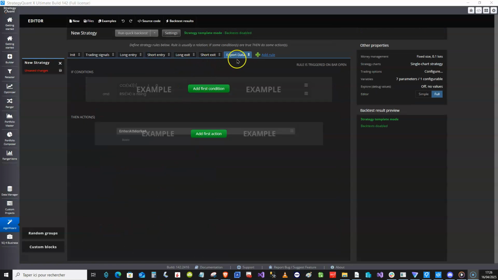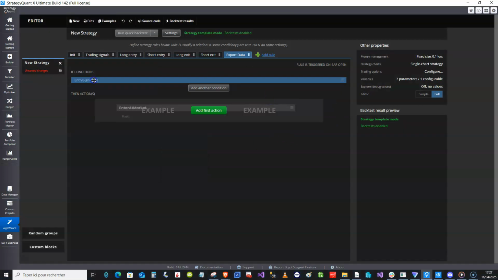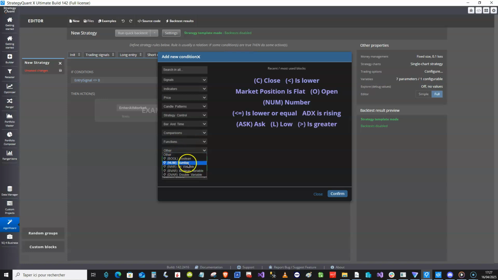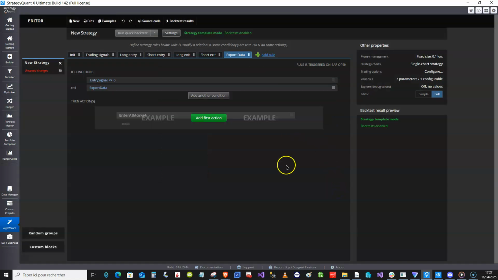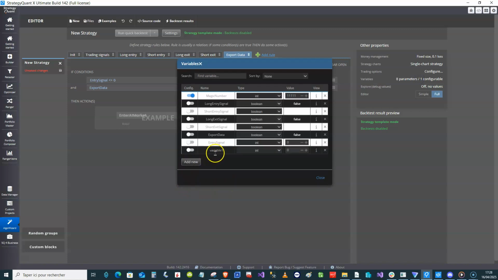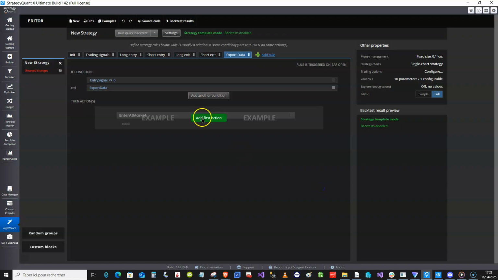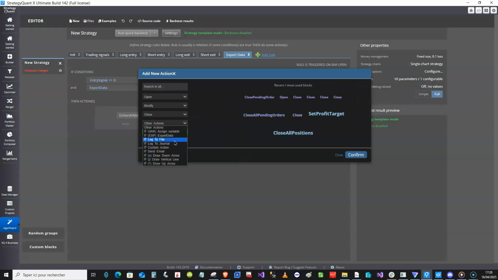So now the export data rule will be executed if the entry signal is different, not equal to 0, and if we have our export data flag, telling the rules to export the value. So now we will add some values. It could be 1, 2, 3, 4. Let's say an integer, but it could be a double for an indicator. We will add 2 or 3 doubles. We add an async variable.